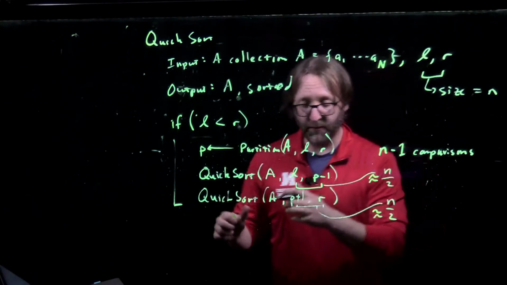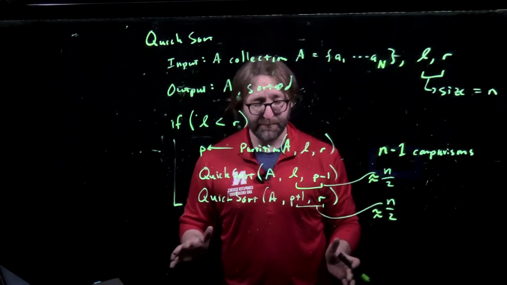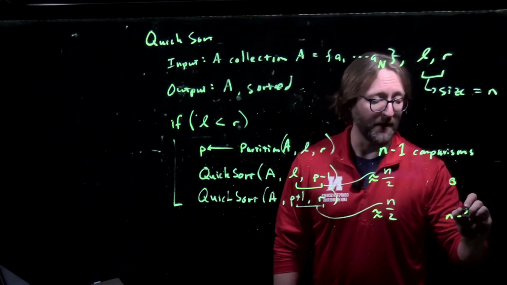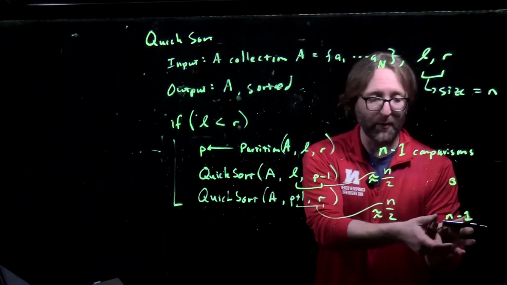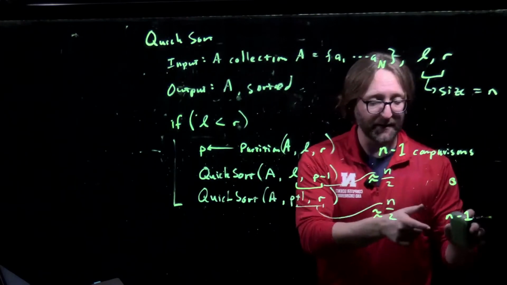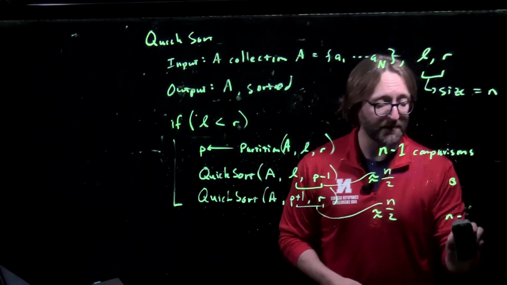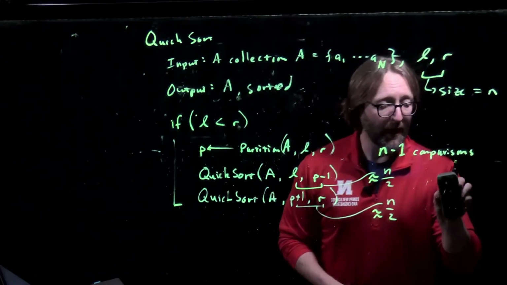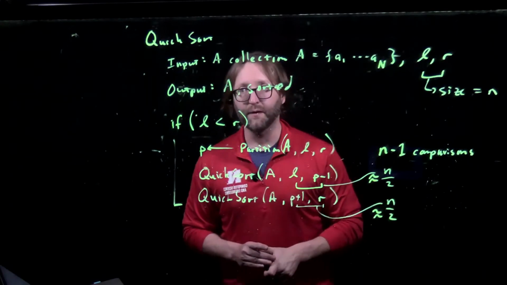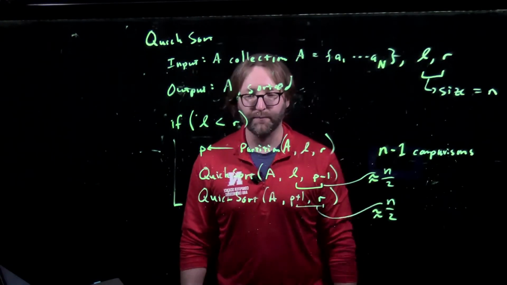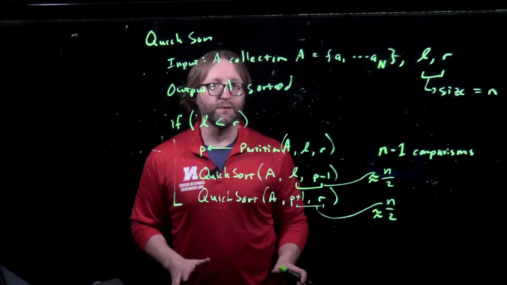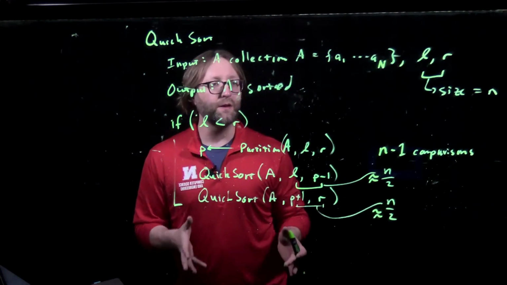And as we observed before, if it's a bad split, then it's not going to be n divided by 2. It's going to be, say, 0 and n minus 1, right? Everything gets put over into the right partition, nothing gets put into the left partition. That's the worst case scenario, and you can analyze Quicksort with respect to the worst case scenario, but I'm going to analyze it under ideal conditions, which is similar to what you would do for the average case complexity, okay? So as with a lot of recursive algorithms, to capture the amount of work, you need